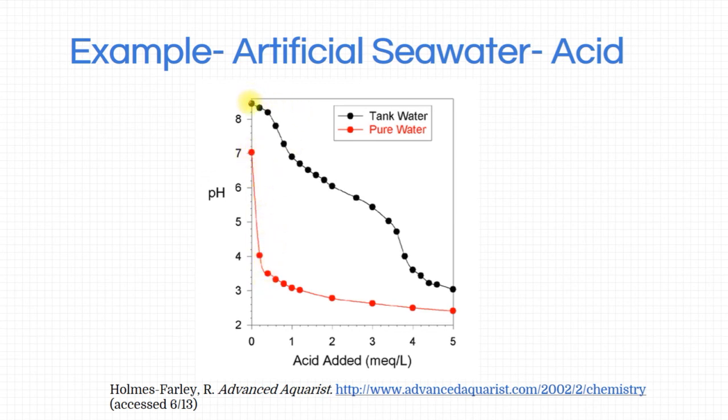If you use a buffer though, it goes from about 8.4 to maybe 8.3, and then another drop is like 8.2. And we get some more dramatic changes in here, but you get a little bit of a buffer. You get a zone where the pH doesn't change very much. That's what a buffer does. It prevents pH from shifting a whole bunch when you add a base or an acid to it. Okay,